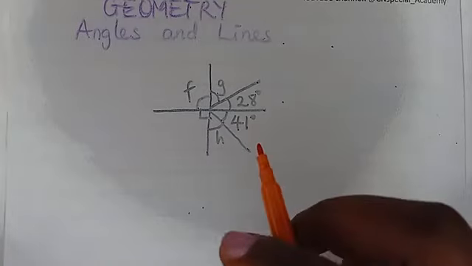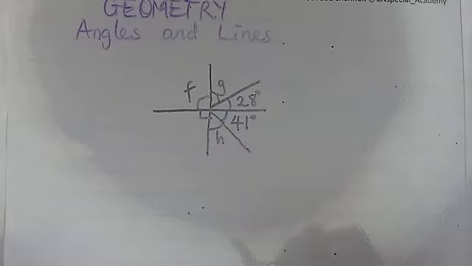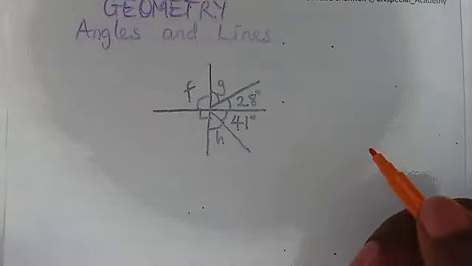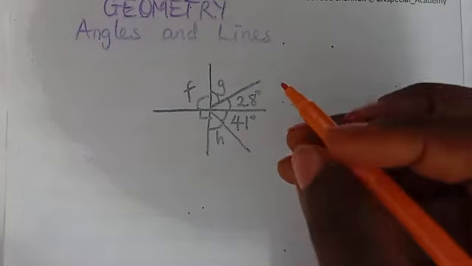Now looking at this example, we have all this. We can see our point and we can see so many things. You can go ahead, pause the video and try out this challenging question. Okay, so let's solve together now. We have F, G, H, that's what we are looking for. And then,